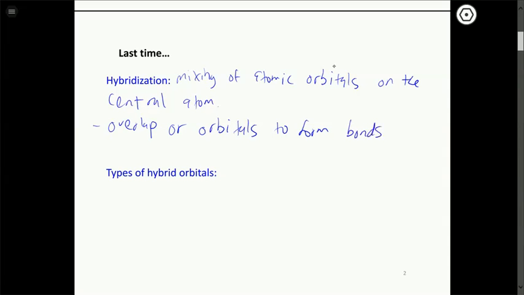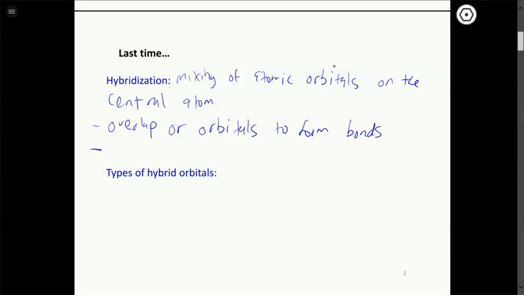But something we'll have to keep in mind as we start introducing molecular orbital theory later today is that when you have valence bond theory and you have hybridization and all those ideas, we're still talking about very much localized orbitals. So you'll have a hybrid orbital that's localized on the central atom, and then you're going to have another hybrid orbital or atomic orbital that's localized on the atom that it's bonded to, and then those two localized orbitals are going to overlap to form a bond, but they still very much are attributed as belonging to one atom or the other. So there's still sort of two orbitals involved in forming the bond, and that's more of what we call a localized approach, which we'll contrast today with the delocalized model called molecular orbital theory.